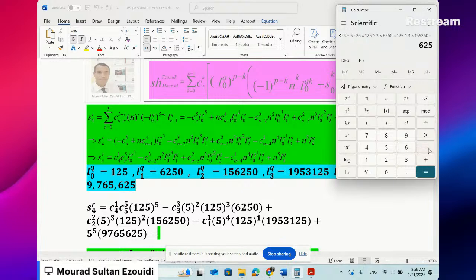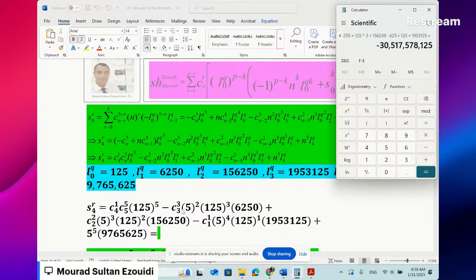Minus 625 multiplied by 125 multiplied by 1,953,125, plus